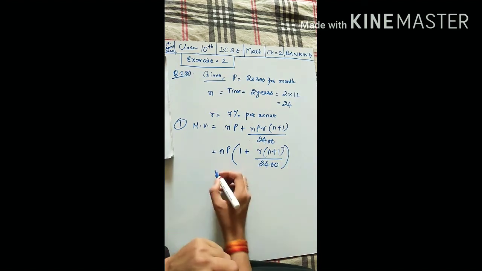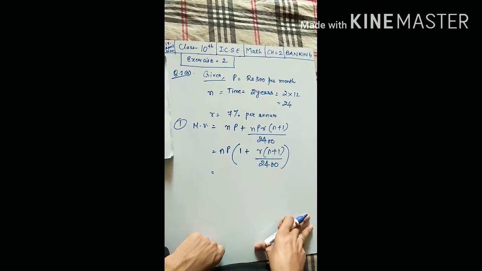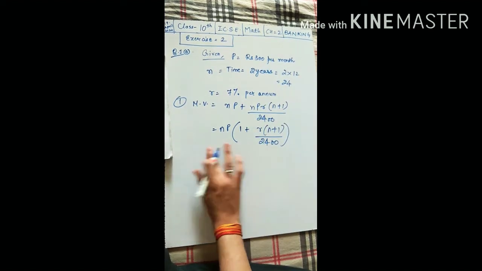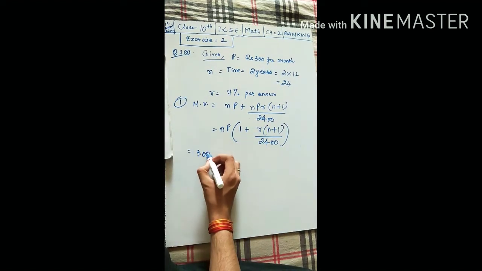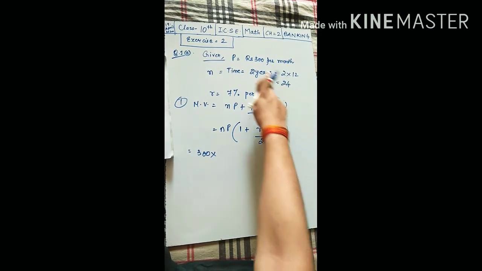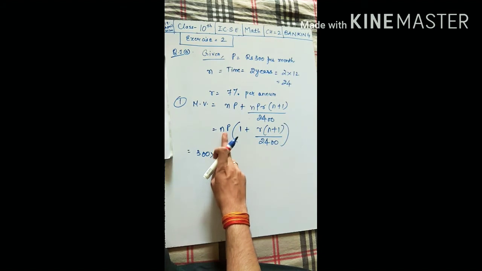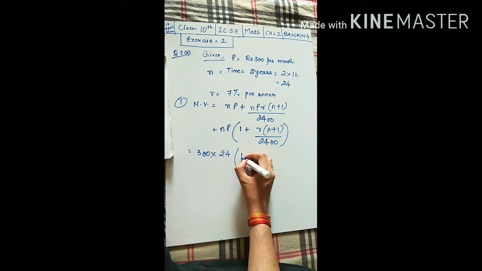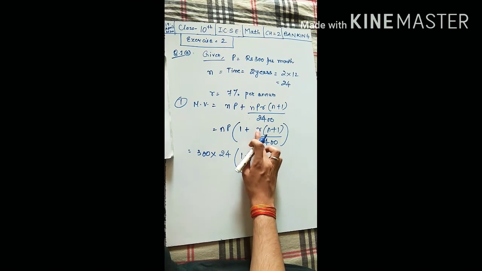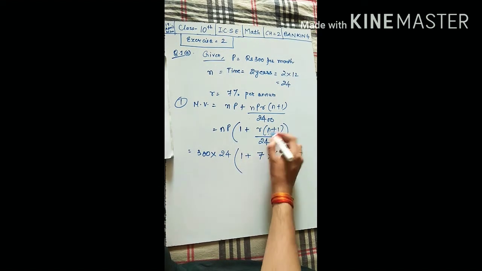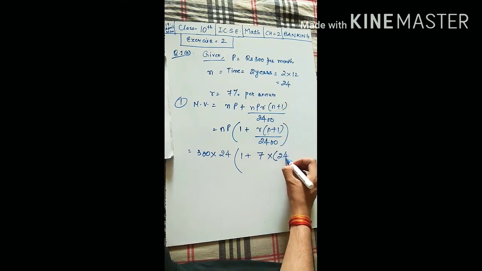Okay, now let us substitute all the values and just see what we are getting. P is 300, n is 24, so 300 into 24, bracket 1 plus, what is R given? R is 7%, so 7 into n is 24, 24 plus 1 upon